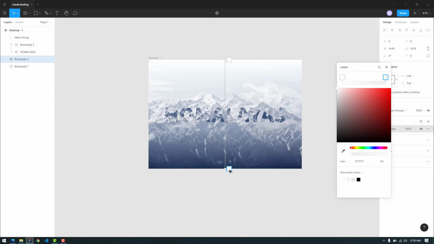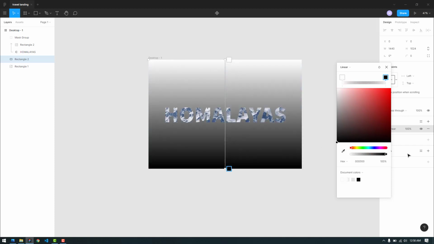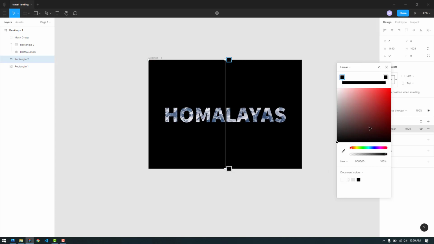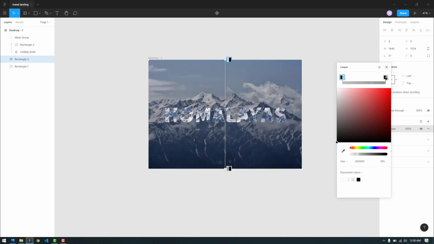So we have selected the bottom end and we are going to give it full black color. And for this one we can also select the black one, but let's reduce the opacity a little bit. And also for this one, I think this looks much better now.